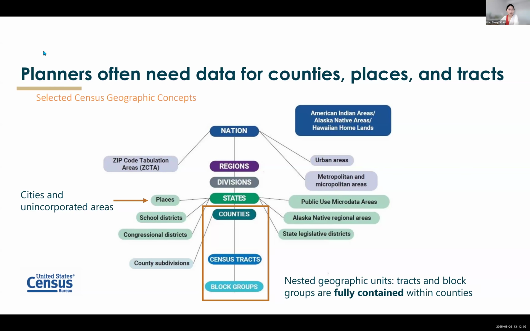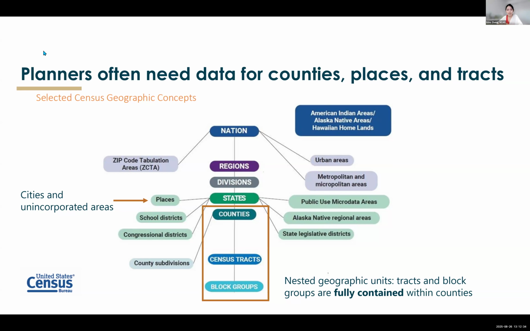So I also mentioned the term geography a lot. Census geography is also an important concept if you want to use census data. We as planners often need data for counties, places, and tracts, these more localized data. So you can see at the bottom of this chart, within the rectangle that I drew, that counties, census tracts, and block groups are connected with a solid line.